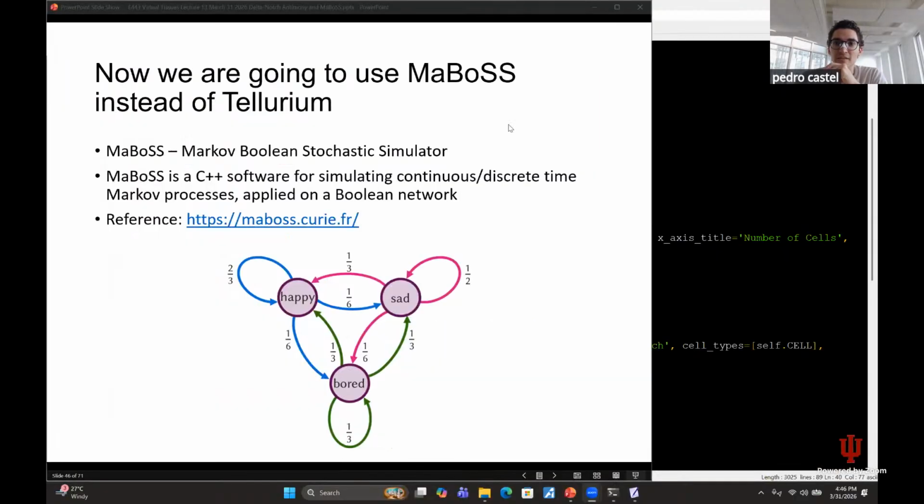All right. So the next part of the lecture is substituting our Tellurium model by a MaBoSS model. MaBoSS is the Markov Boolean Stochastic Simulator. It is a C++ software to model Markov chain Boolean stochastic networks. This is the website, and this is a diagram of usually what people teach on Markov